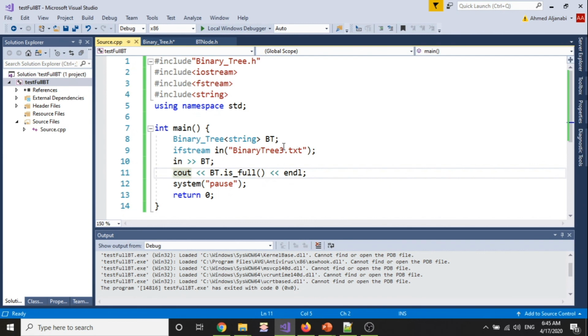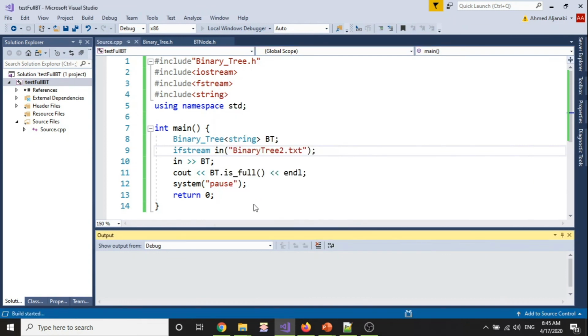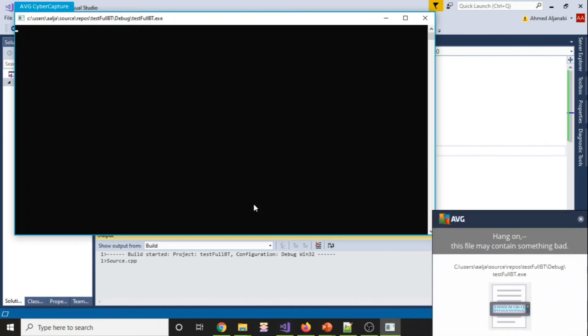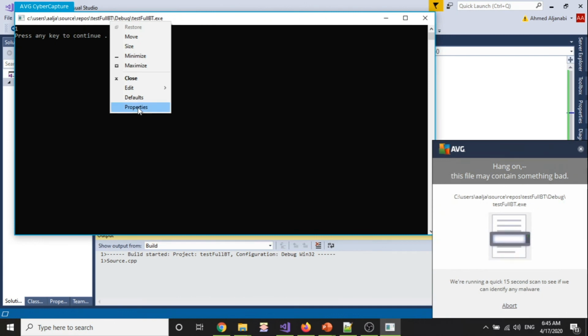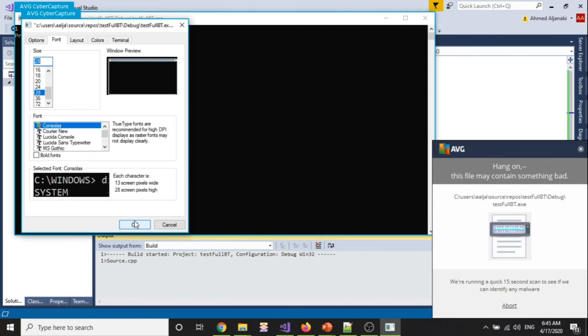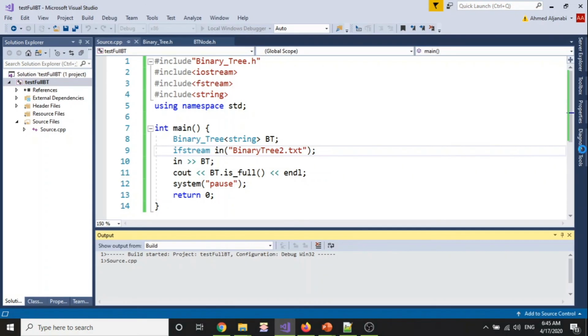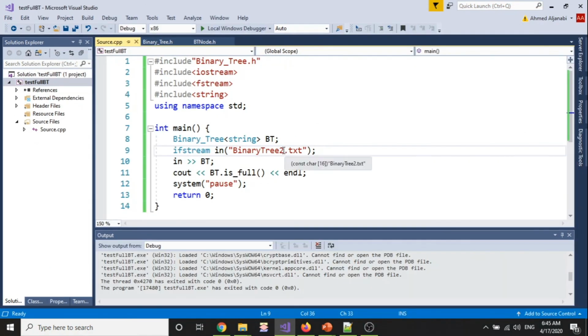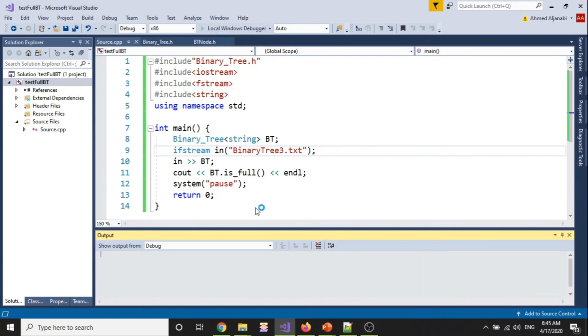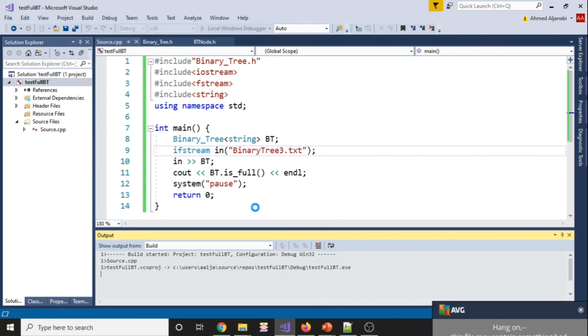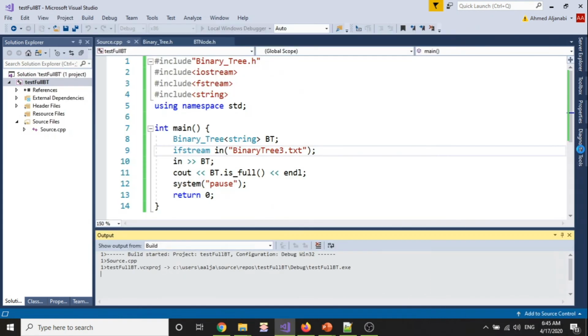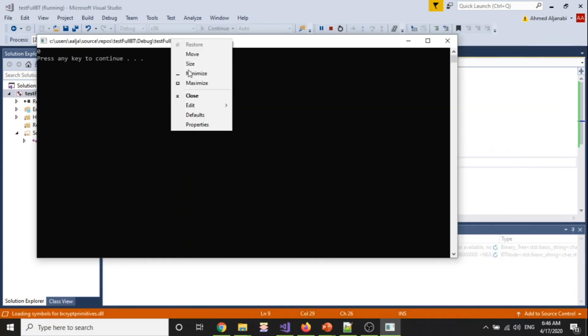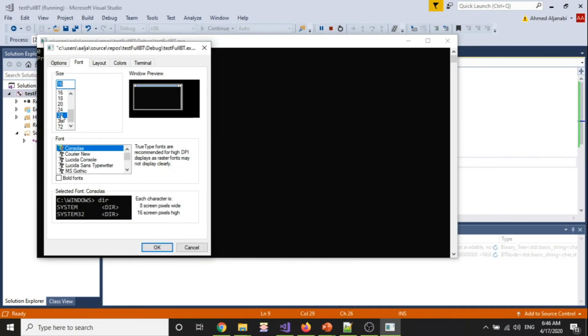So now let's go back here. I know for sure 2 is a full binary tree. I'm supposed to get 1, and here it is. So let me close this and close this. Now if I go in and put 3 here, and you'll see that I get 0. Okay,